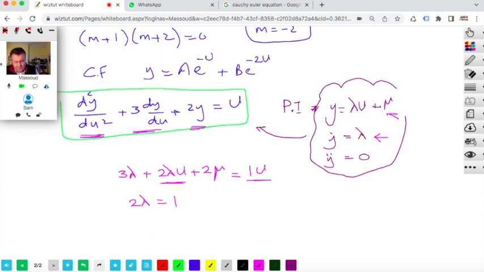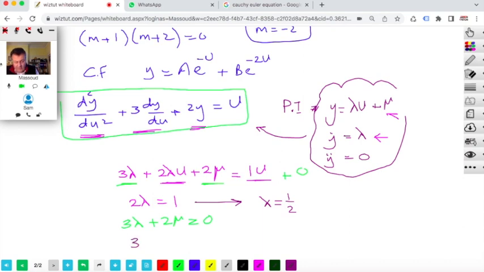And since the other side doesn't have a constant, so therefore 3 lambda plus 2 mu must be equal to 0. So from here we conclude that lambda is equal to 1/2, and then from here